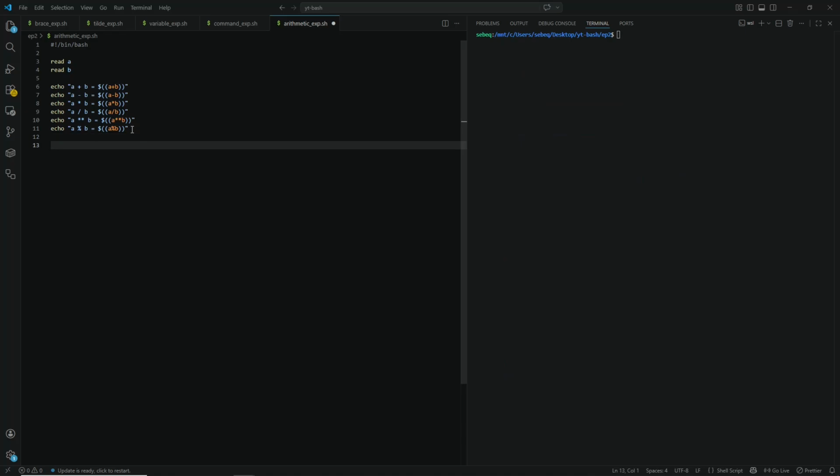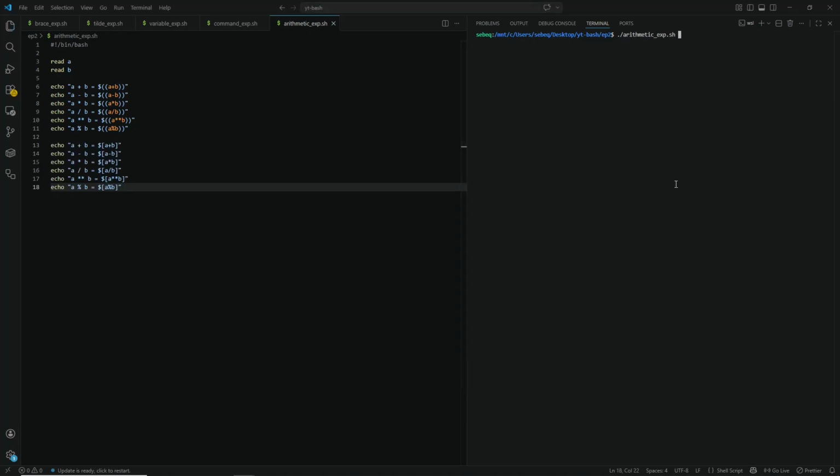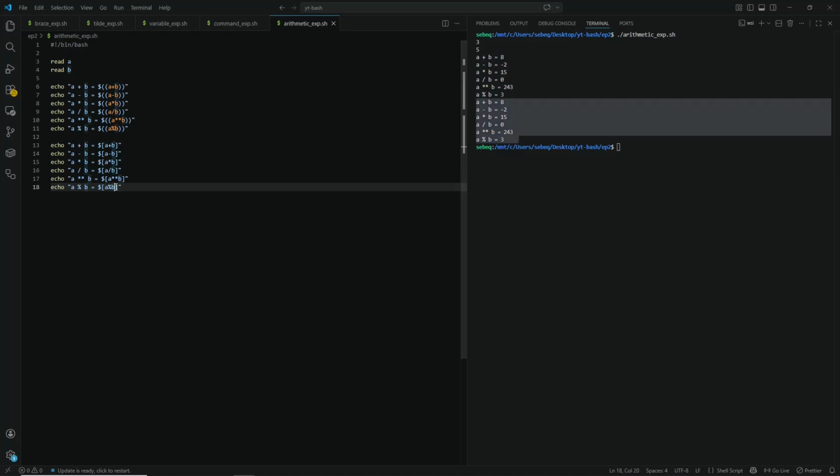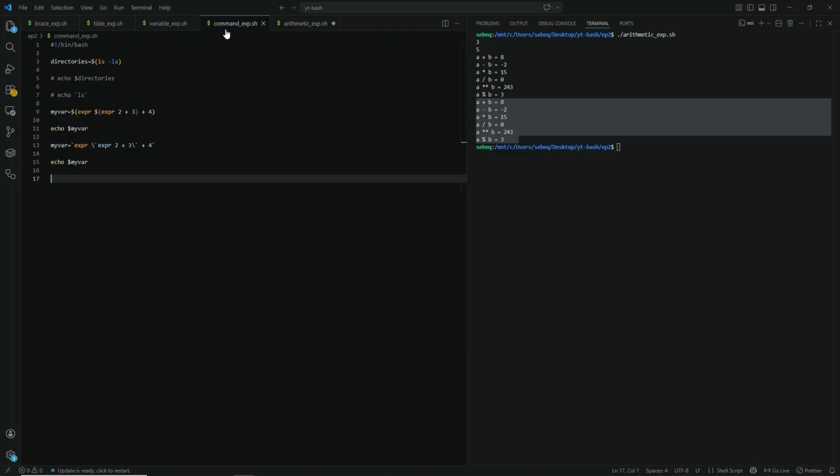There's also a deprecated way to perform mathematical operations, and it is by using the square brackets. If I run this, the results are pretty much the same, but it's an older way of adding numbers, so double parentheses is recommended. Okay, so we've used the expr command here which can also be used to add, subtract, multiply, and divide,